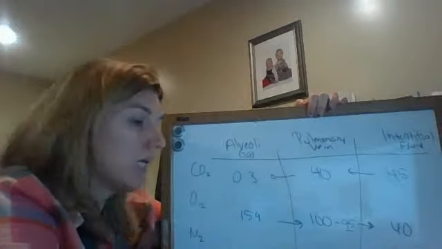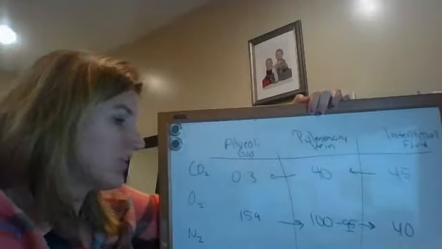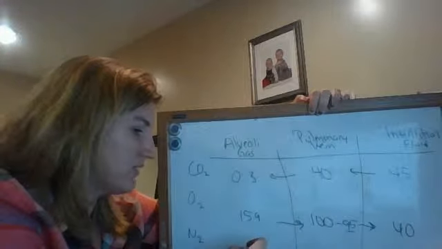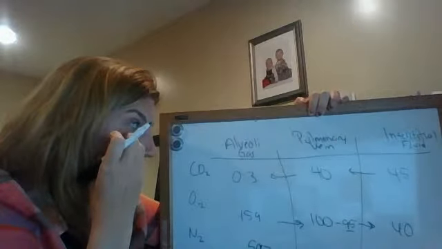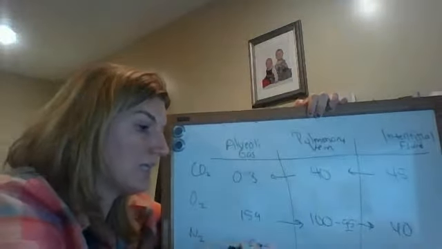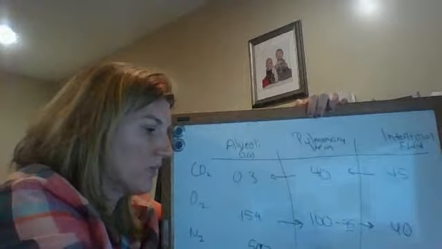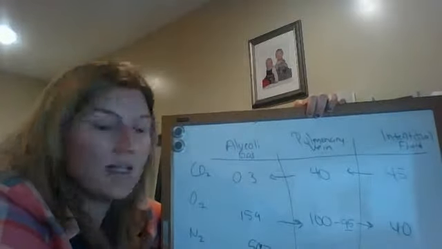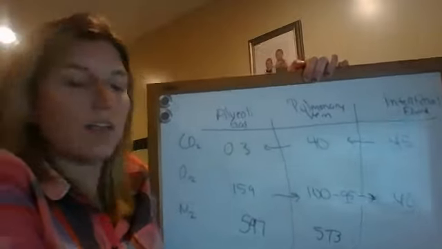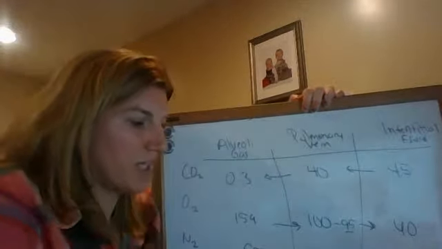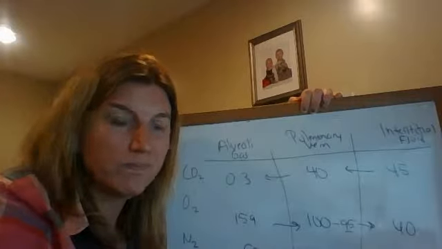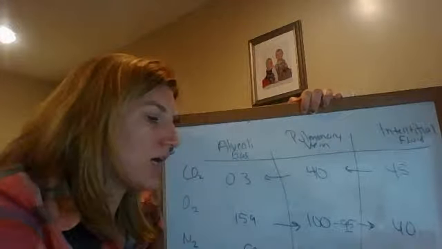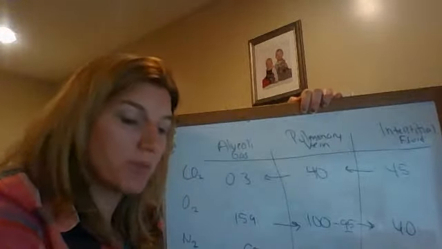And then nitrogen, just for the fun of it, is 597 in the alveoli, and it's 573 in the pulmonary veins. Very little of it is exchanged. Again, it doesn't dissolve very well in liquid, so it's not the ideal. On average, only about 50% is